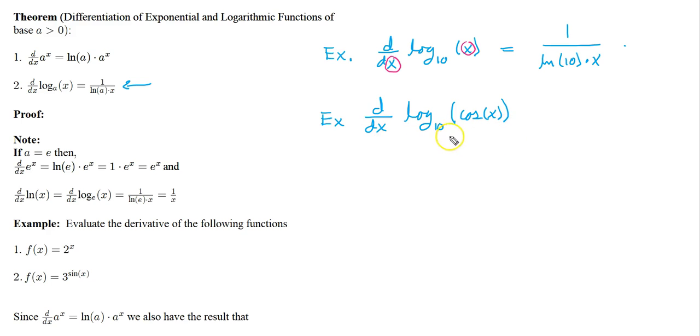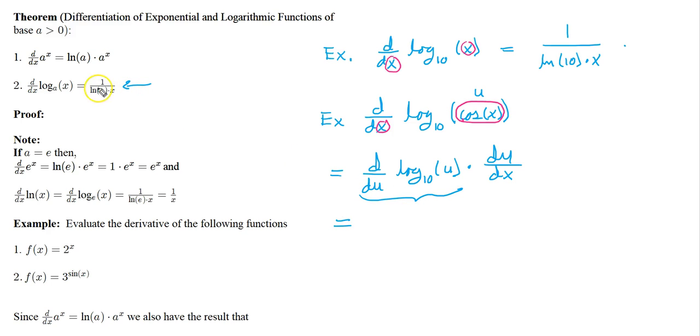So here we want to evaluate log base 10 of the cosine of x. So notice here, this x and what we have in the parentheses here, they do not match, so we have to use the chain rule here. So we will let this piece cosine of x be our u, and so this will be, now this part right here, we can just directly apply result number 2. Notice how the u here and the u here match,